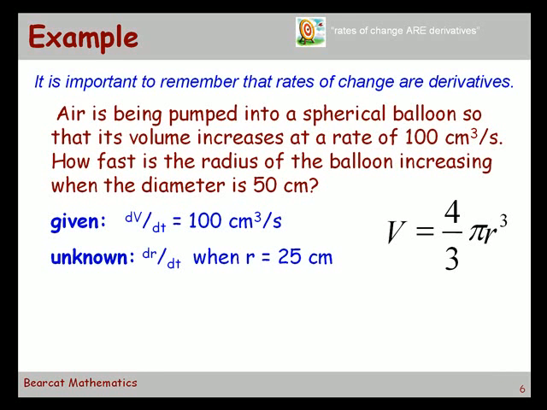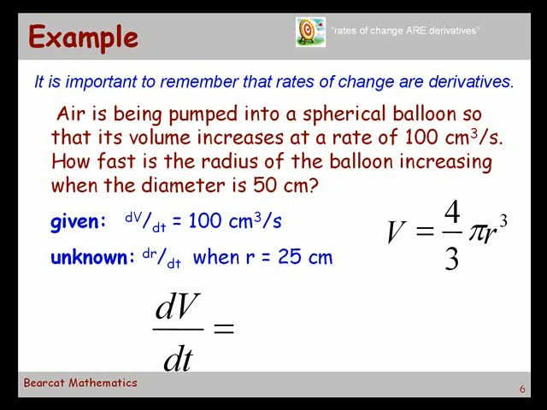V prime, but we want to do this in terms of t, so we can use these values over here. It's just dv over dt. The derivative of volume with respect to time is dv over dt, equals, what's the derivative of 4/3 pi r cubed with respect to t? Let's follow the power chain. 3 times 4/3 is 4 times pi r squared, right? Times,